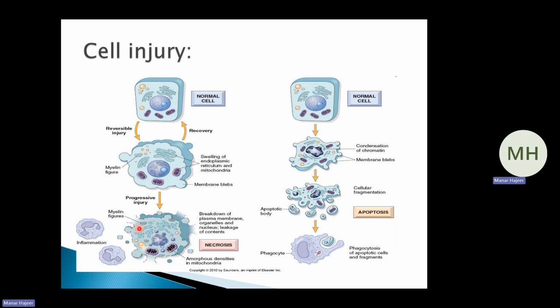The other type of cell death, which will not go through the reversible and irreversible injury, and which will be discussed in a separate lecture, is apoptosis. In apoptosis, as you can see here, there are multiple differences from reversible or irreversible injury. First, the cell is shrunken. It decreases in size instead of increasing in size. This reduction in size is accompanied by intact